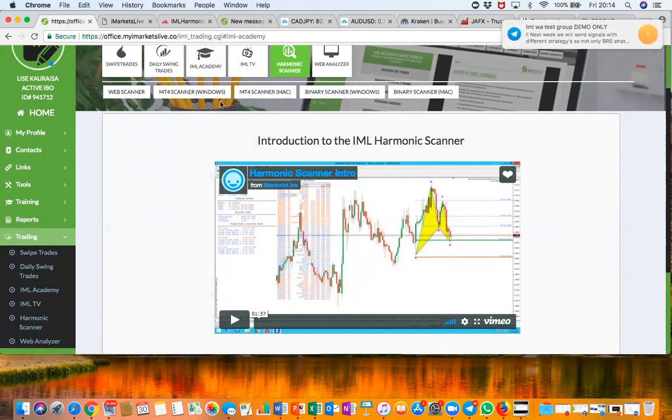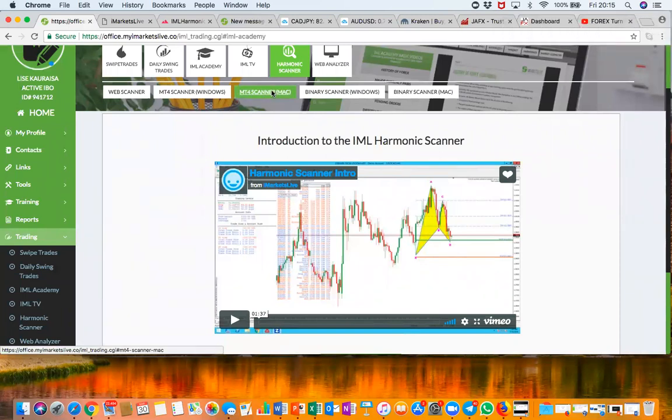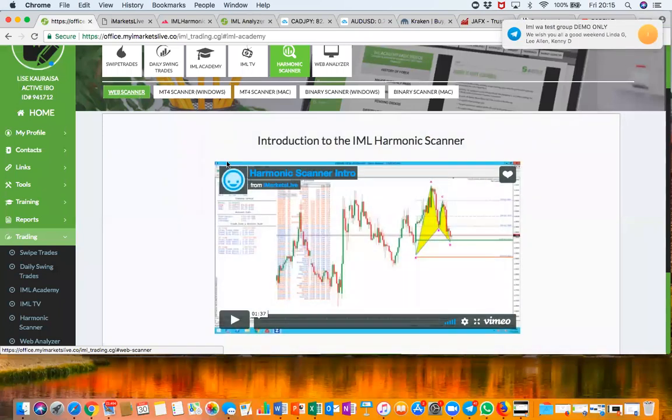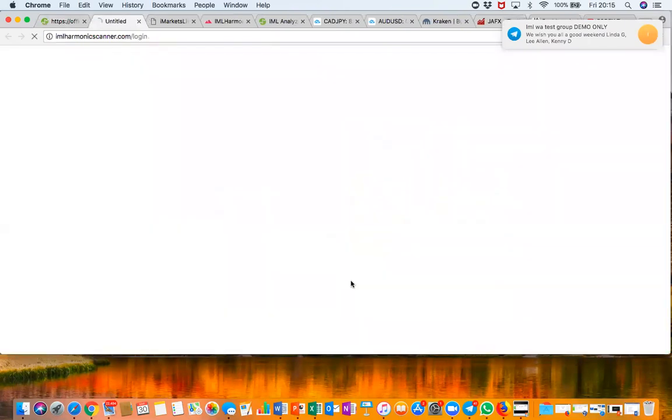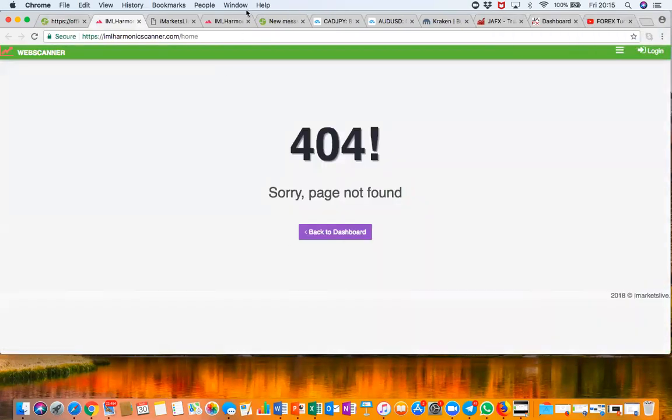So everybody who wants to use the harmonic scanner on the computer can have that, because it gives you an alert. It's not the same as sketching, but it pops up on your screen, if you're at home all day or whatever. I don't really use it as much, but it gives you more of the recent trades, which is quite nice, because if you use it this way, you have to come and scan it yourself most of the time. So you just go on there and then